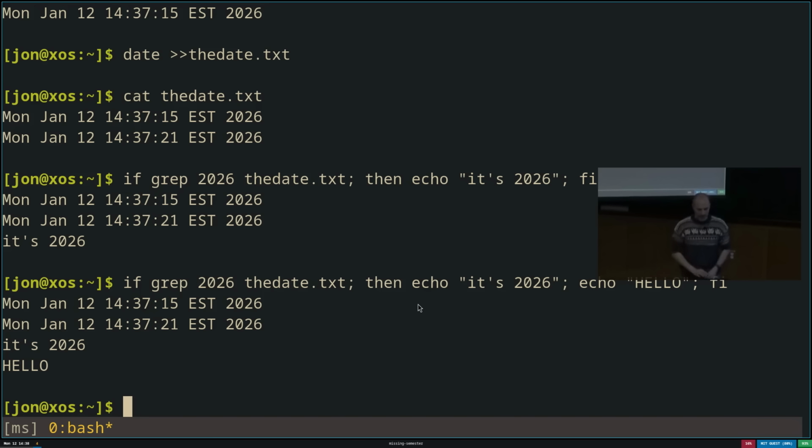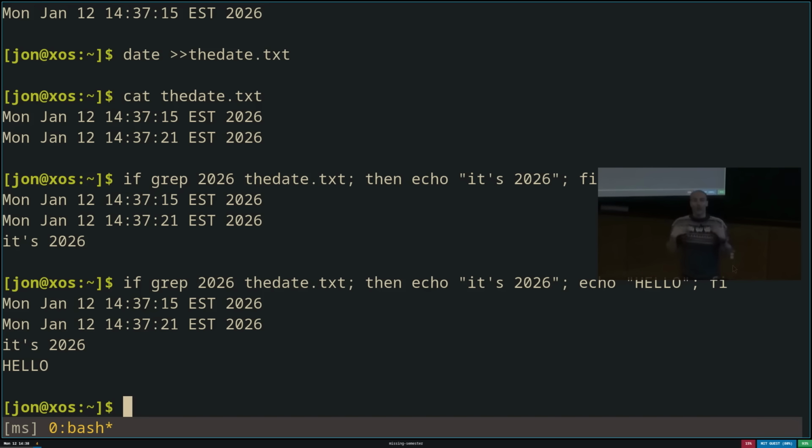And you'll see the syntax here is kind of archaic. There's a bunch of semicolons and stuff. LLMs are very good at writing these kinds of commands if you want to. Humans, less so, unless you've done it a bunch of times. You'll see, for example, that the way to end an if is with fi, because why not?